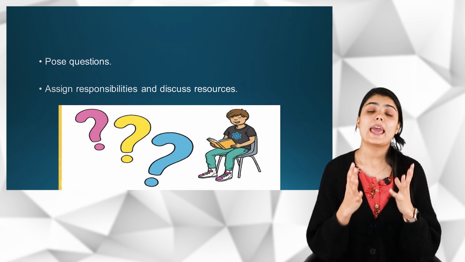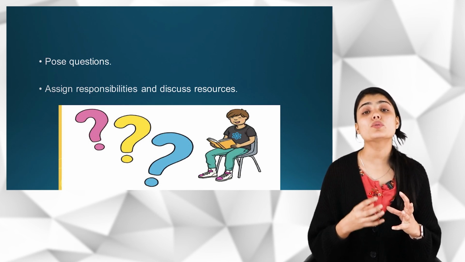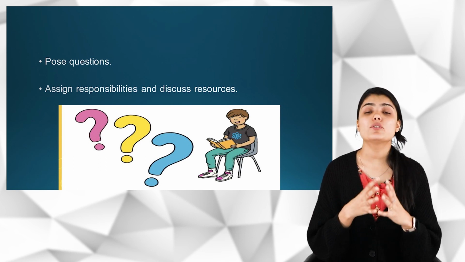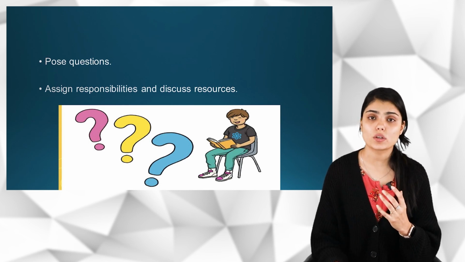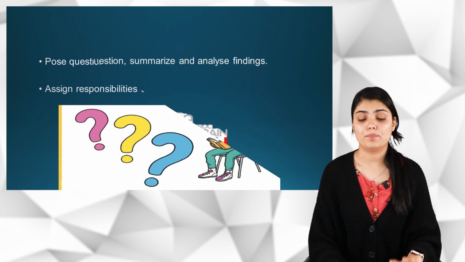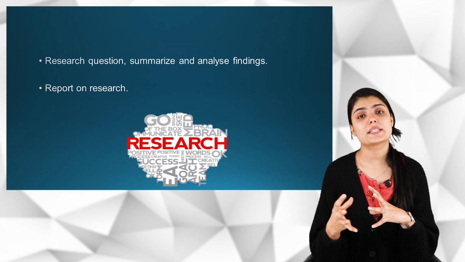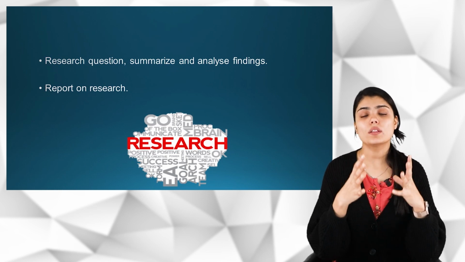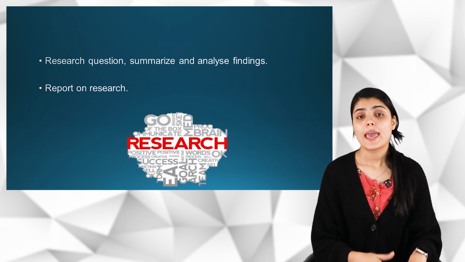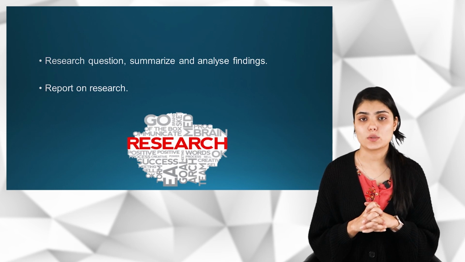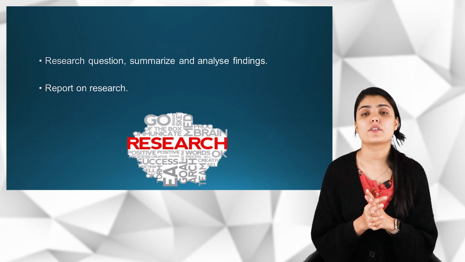As I said, they have to identify, not just identify, they have to find out, and they also have to use the resources appropriately. So they have to assign the responsibilities among the group members, and they also have to discuss the resources for solving the particular problem. The next step is to research the question or the problem. Now they have identified, presented, organized, and gathered the data on the topic which they already had. They have asked questions to one another, and they have assigned the responsibilities as well. They have also discussed the resources, how they can be used, and what the different resources are for